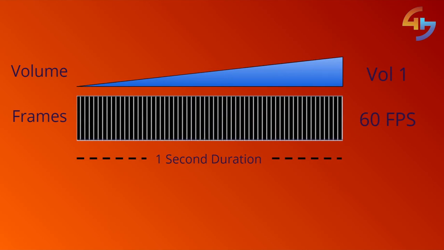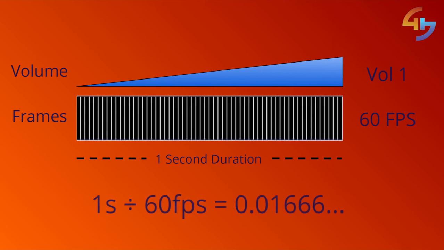We want our music to fade from a volume of 0 to 1 over a second, and there are 60 frames in a second. So if we divide 1 second by 60 frames, we get 0.016 recurring, the time in seconds it would take each frame to be processed and rendered on screen. Okay, so if we want to increase our music by 1 evenly over those 60 frames, surely we just increase the volume by 0.016